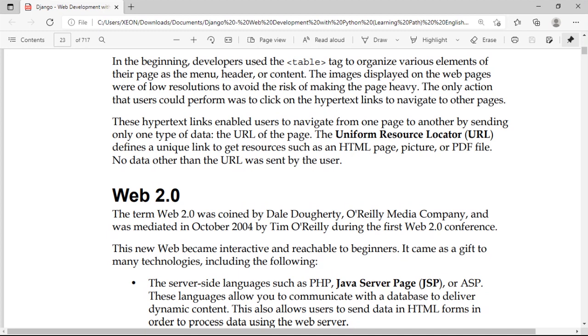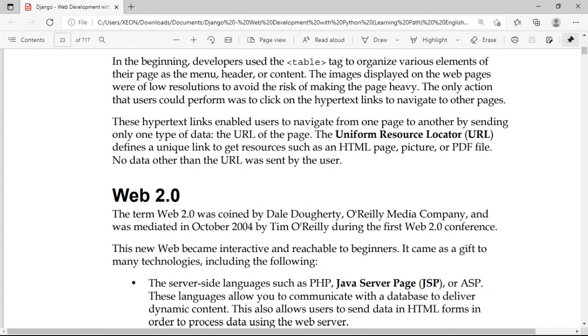The images displayed on the web pages were of low resolution to avoid the risk of making the page heavy, and the only action that users could perform was to click on the hypertext links to navigate to